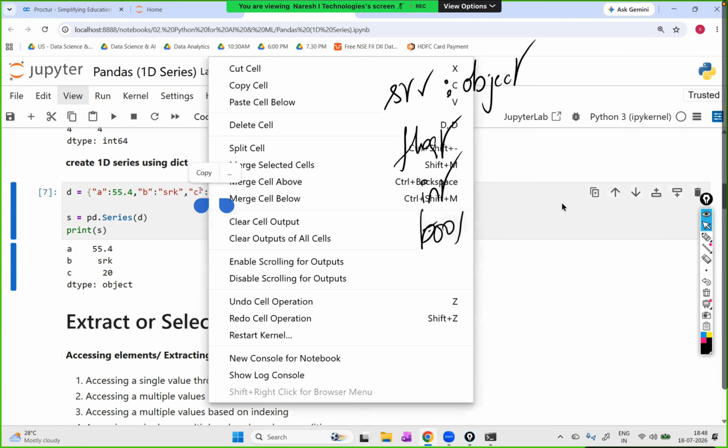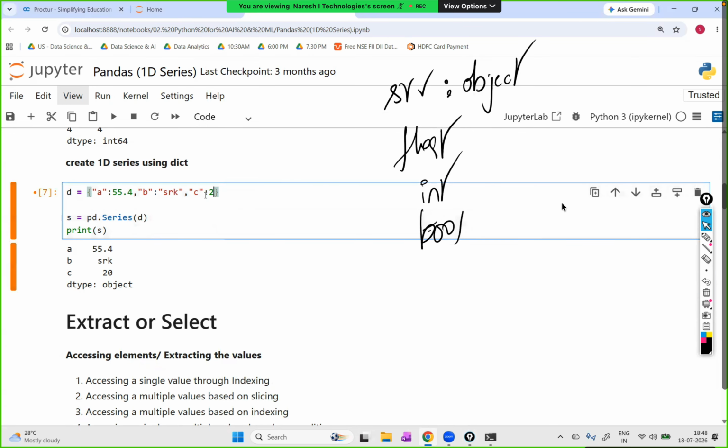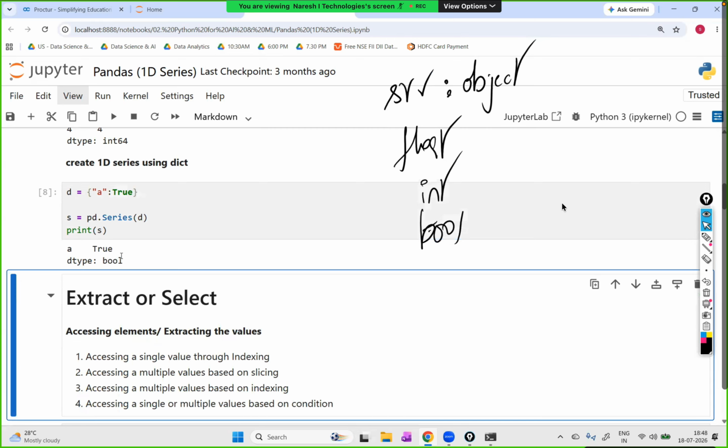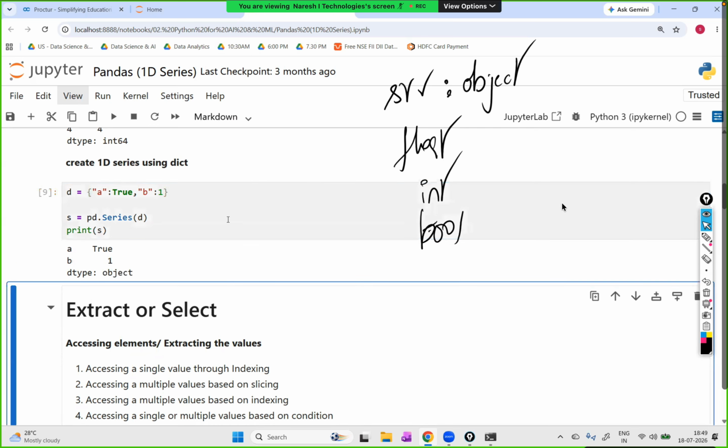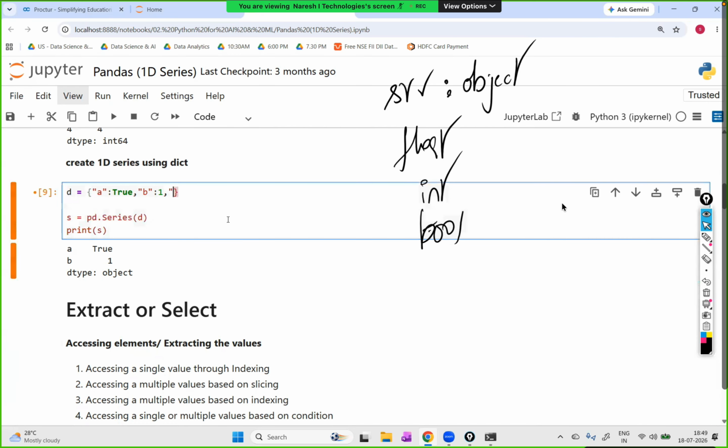For example, assume that there is a single dictionary. A value of boolean is there. Okay, now what is the dtype it is showing? Bool. Now I'm adding B colon 1. When I have added 1, which data type will it give, which is highest out of these two? Int. So the output, you are going to get it in terms of object, stating that both of them are different. Now let us add here C